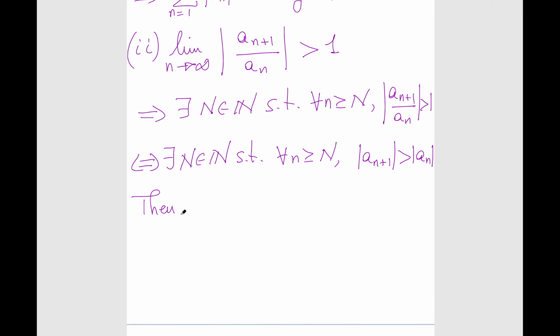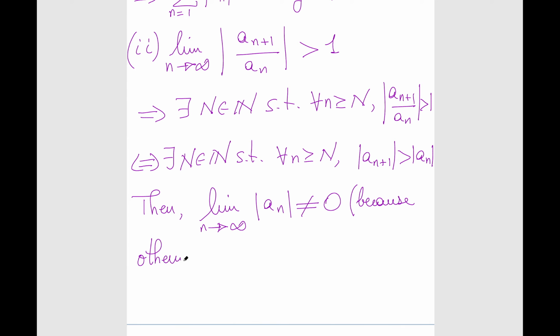Therefore, what can we say about this? Well, certainly this doesn't go to 0. The limit as n goes to infinity of the absolute value of a sub n is certainly not 0. Why? Let's think otherwise and reach a contradiction. Otherwise, that is to say, if we assume that this is actually 0,